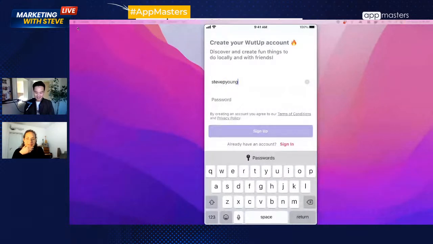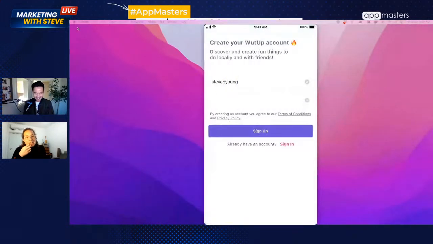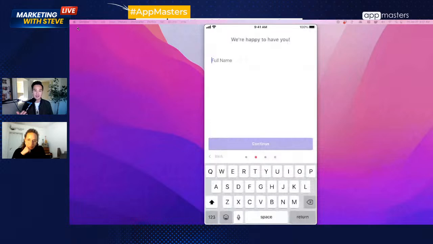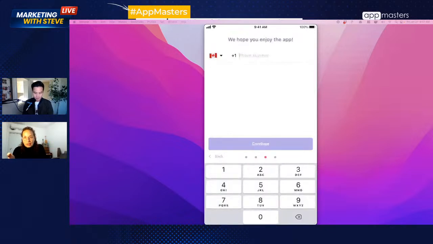You got any opinions on this, Sharon? Yeah, no, it's just not a very good user experience. Matthew, you want to remind people what the app does first and foremost, and then ask them to sign up, and then even let them bypass it. Because the problem is you're not a brand name. You're not Tinder. I know people are on Tinder. Not that I'm on Tinder, but I know them. You're not a brand, so I don't know if anybody's here, and I'm not going to waste my time if nobody's here. So let me use the app, show me the app, and then in order to use it, I need to create an account, let's say.